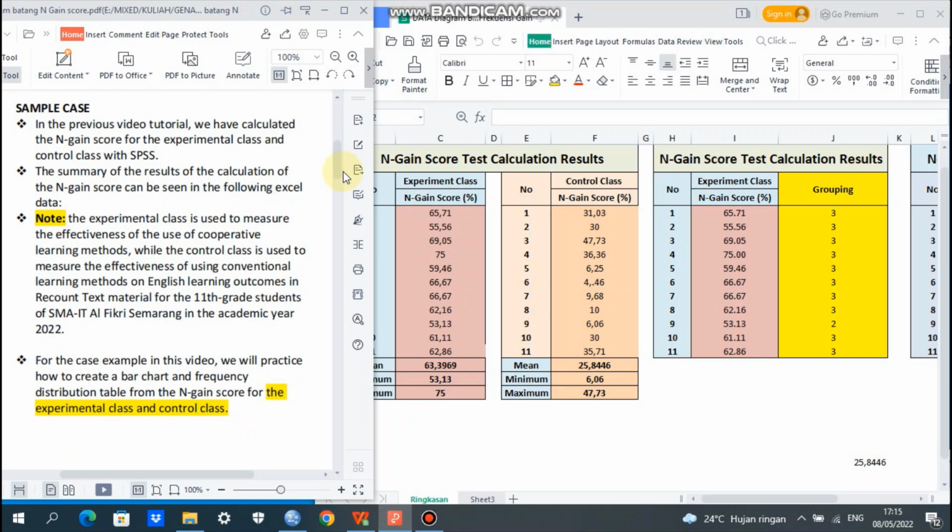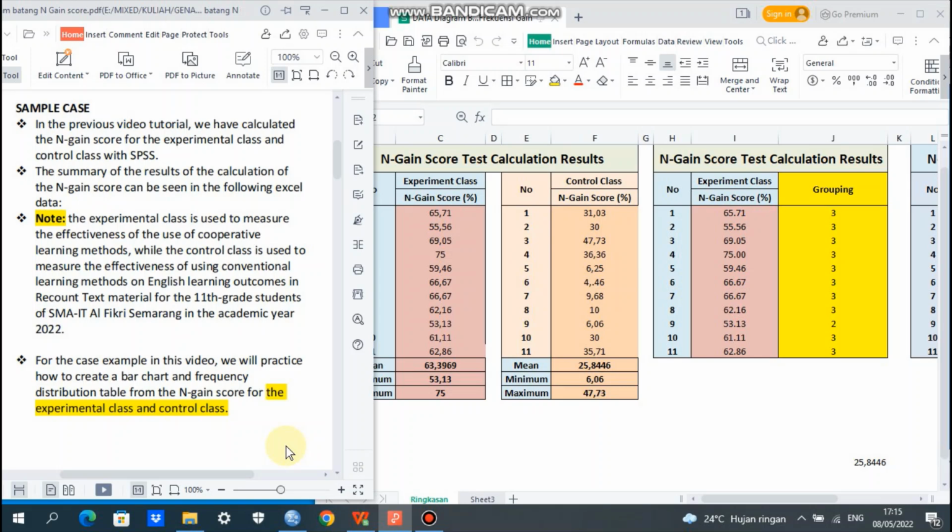Next, I will give you a sample case. In the previous video tutorials, both n-gain score for paired sample t-test and n-gain score for independent sample t-test, in the experiment class and control class data analysis, we calculated the n-gain score for the experiment class and control class with SPSS.